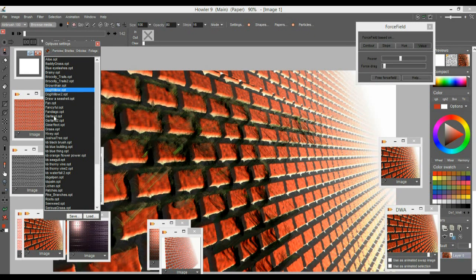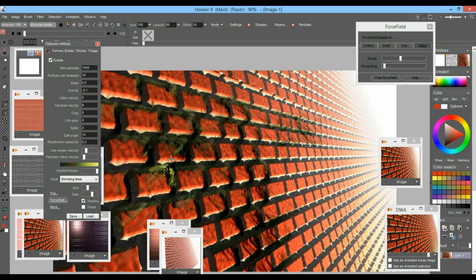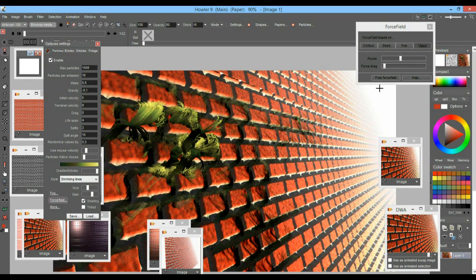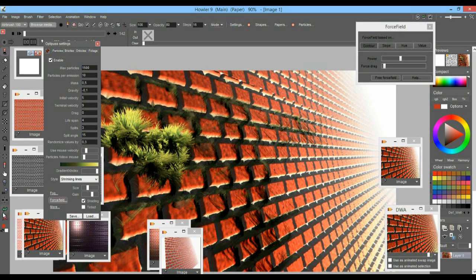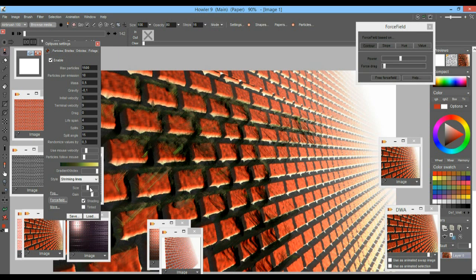Let's see what else we have. Garland 2, that one's too intense. You know what, let me go back to the regular force field. I think that's the one I was missing. Yeah, so I'm going to set the size, shrinking lines very thin,